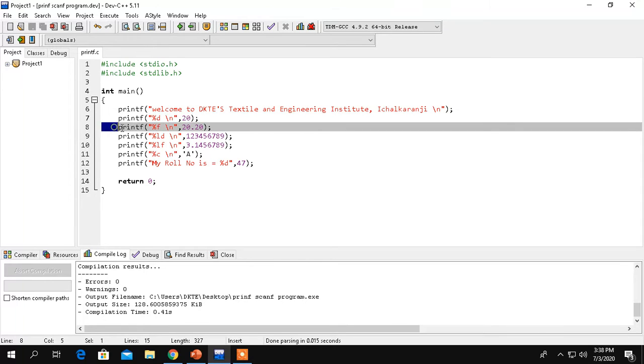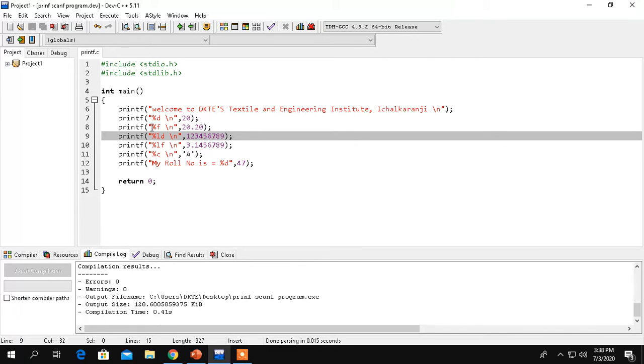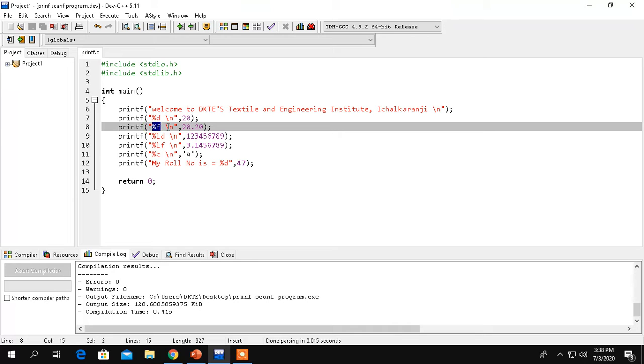Again if you look at the third printf line, in that case we are printing a float value. In the previous case we considered the integer value 20. Now in this case we are printing the float value 20.20. We are going to consider that by using %f instead of %d.